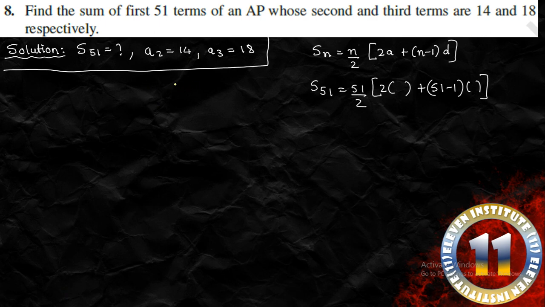But this is easy. The two terms that are given to you are very much near to each other, second term and third term. So first of all, you can easily find the common difference over here. What is common difference? A3 minus A2, larger term minus smaller term for consecutive ones. So what is the value of A3? It is 18 minus 14. So we get the value of d is equal to 4. Very easy. So now we have the value of d, 4. So I will write over here, instead of d we shall write 4.